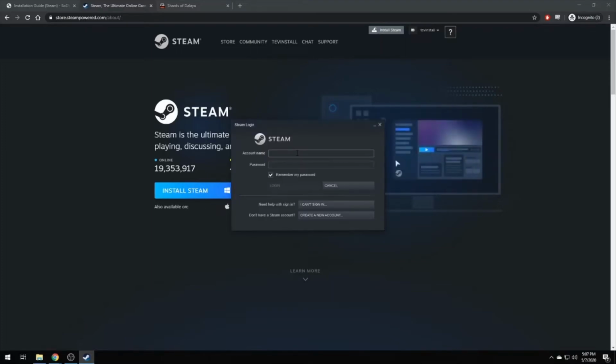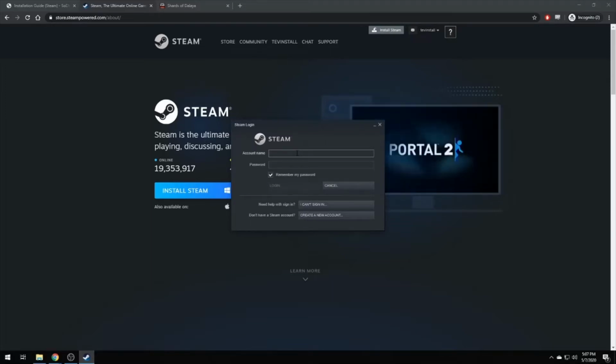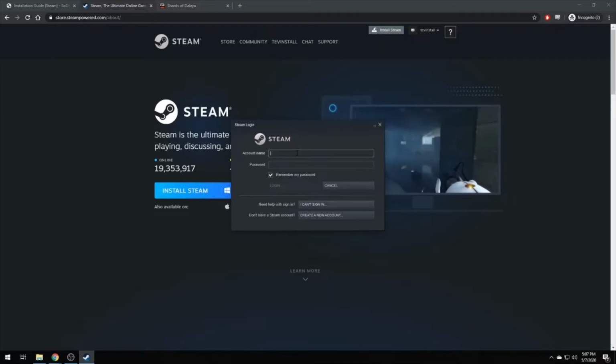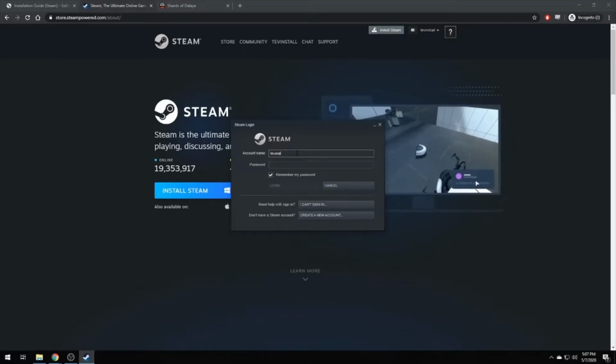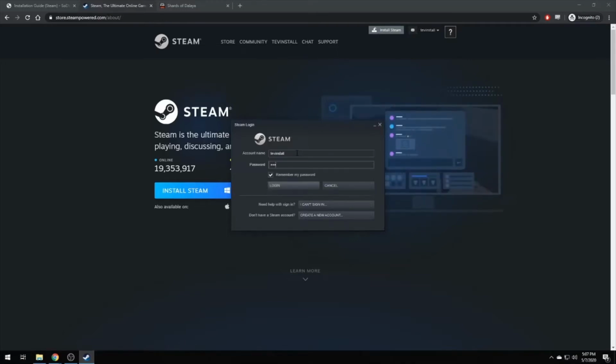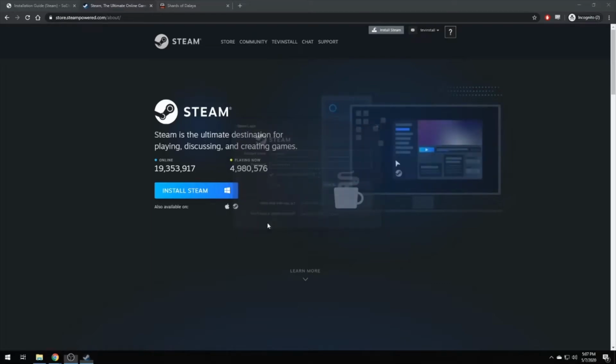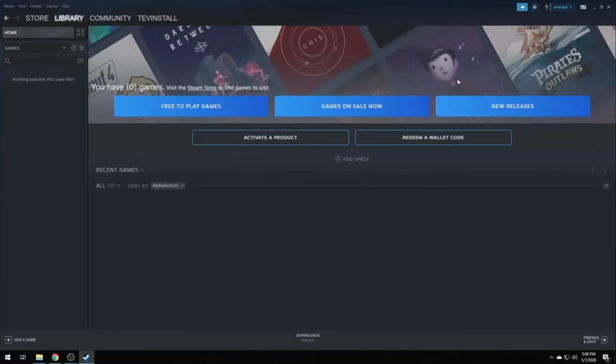Okay, so after choosing to run Steam, there will be a few download bars, a few installation bars that you just have to sit and wait through. That has been edited out. So now we enter in our account name and password for Steam, and we log in. After we log in, we can open up Steam from my little tray down here.